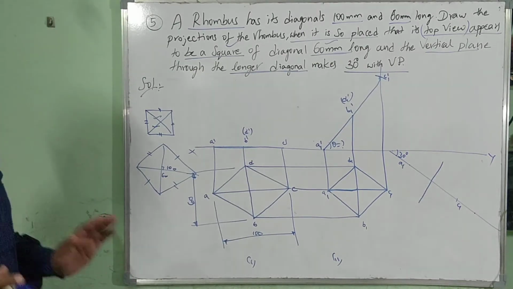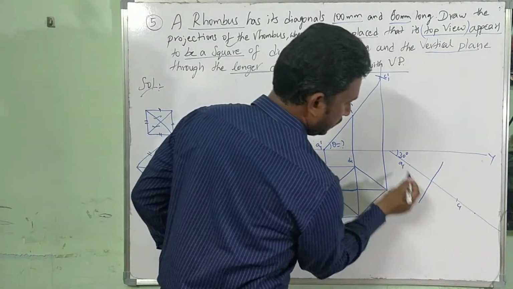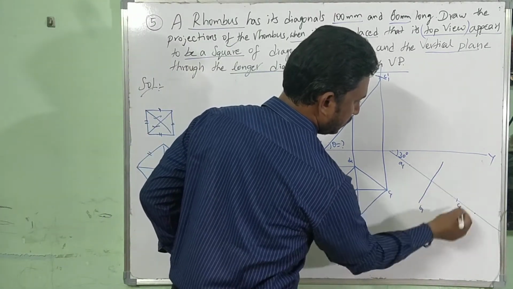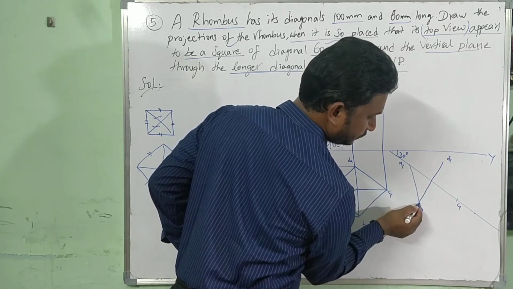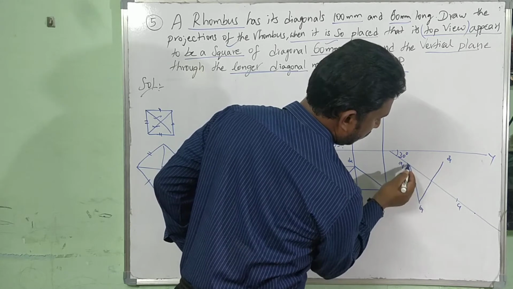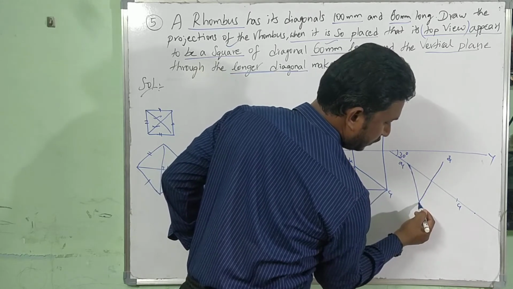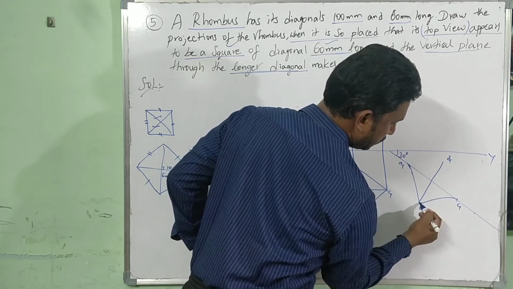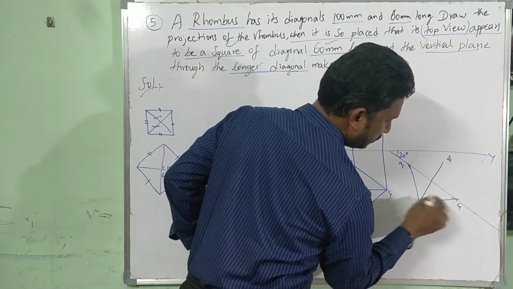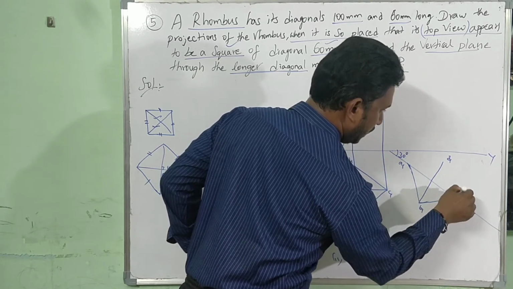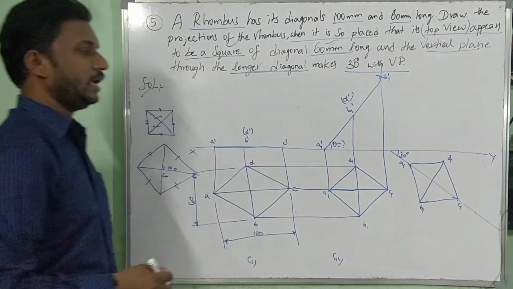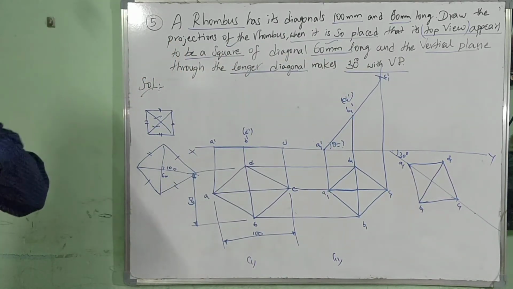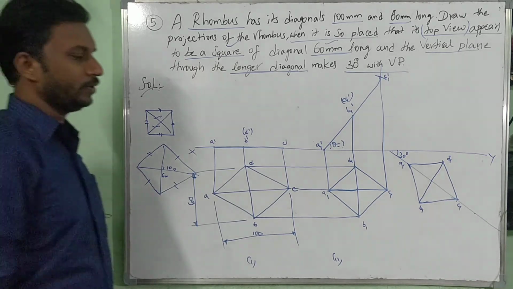Same, I am reconstructing the square, right? This is B1, C1, D1, A1 B1, B1 C1, sorry, C1 D1. Same square I have rotated at an angle of 30 degrees. Now simple final